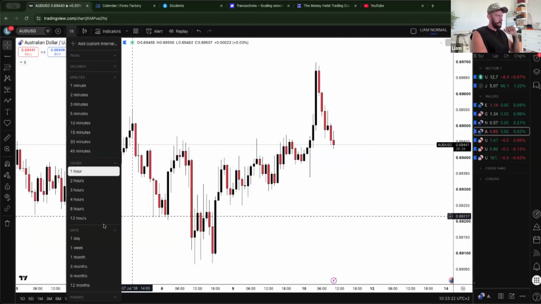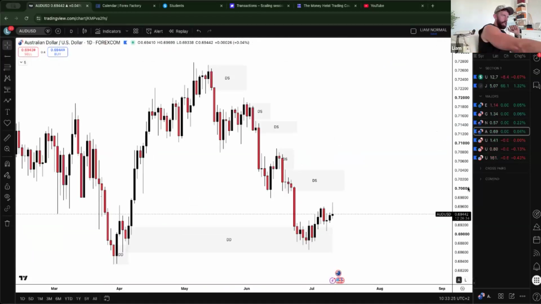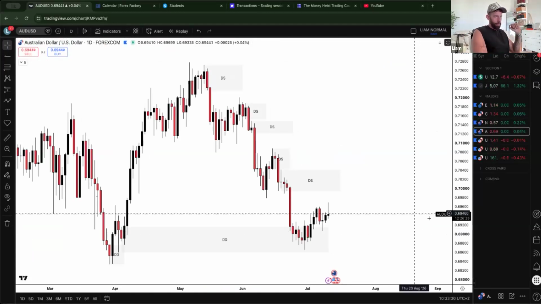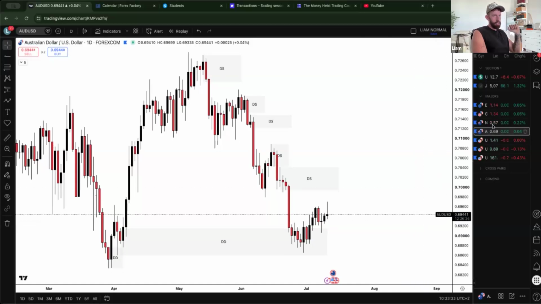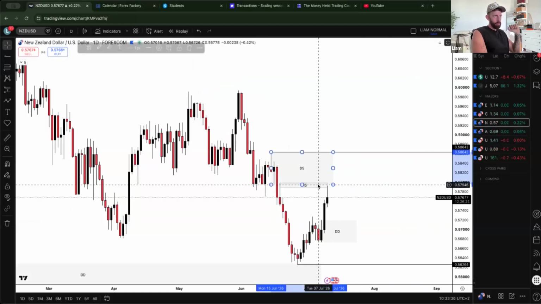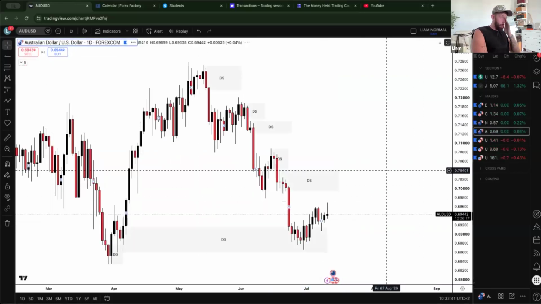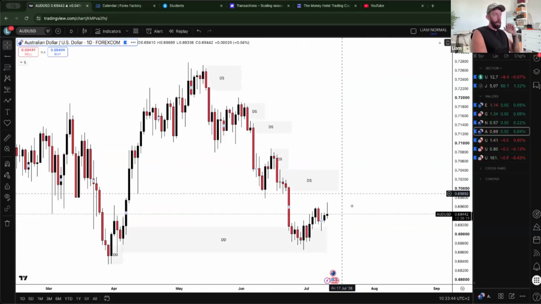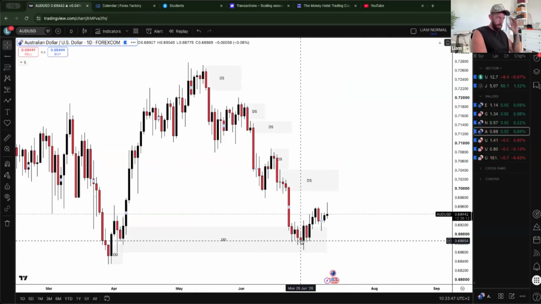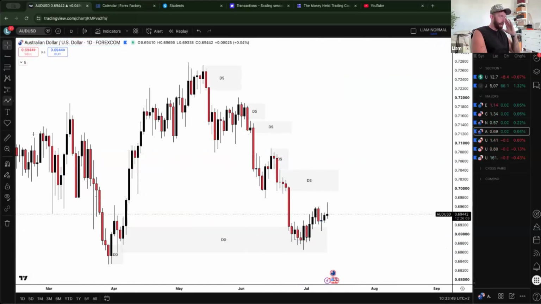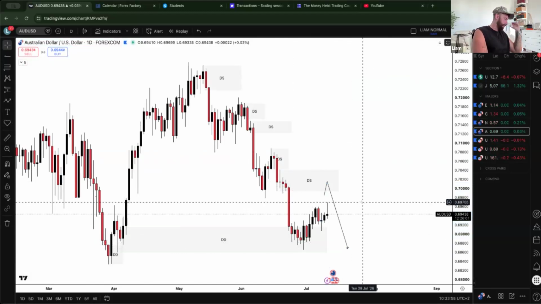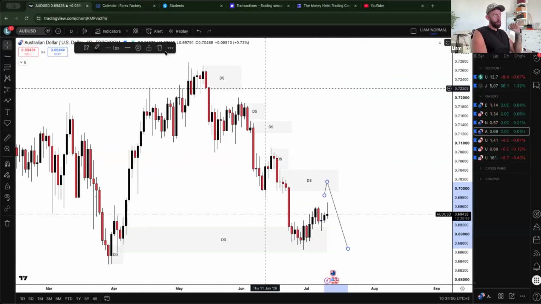Okay, let's have a look at AUD USD. Should give us any excitement or not? So similar scenario to NU. Sorry, let me just get rid of this because that will annoy me when it's on there. Similar scenario where we haven't tapped into this daily supply, but we are having a reaction from that daily demand. So ideally, if we do carry on shorting, I would want to see the rest of this imbalance filled and this daily supply area mitigated. That's what I would ideally like to see.